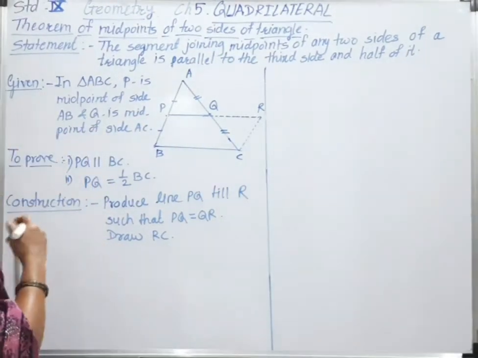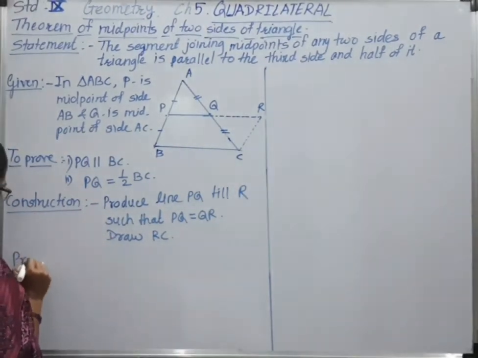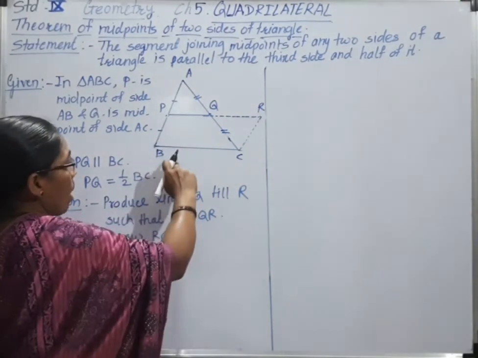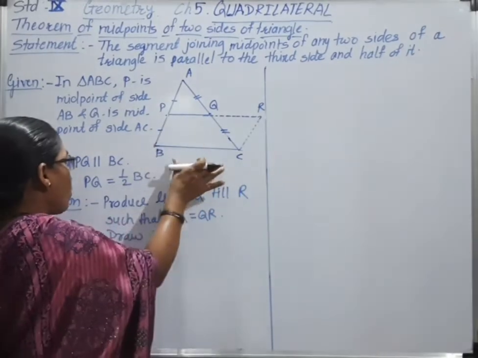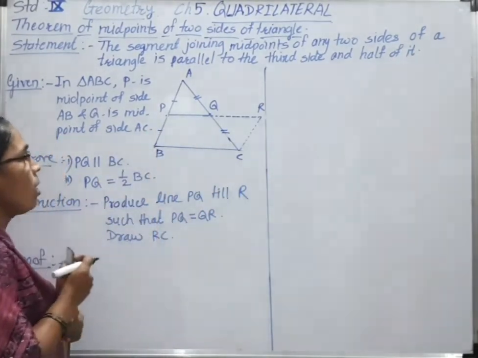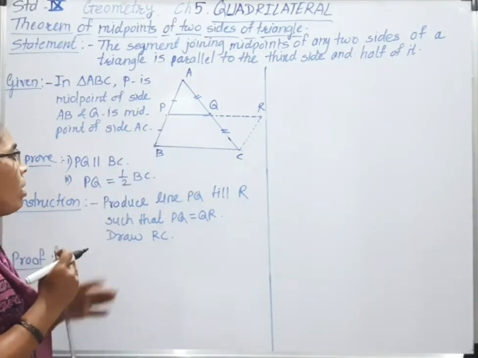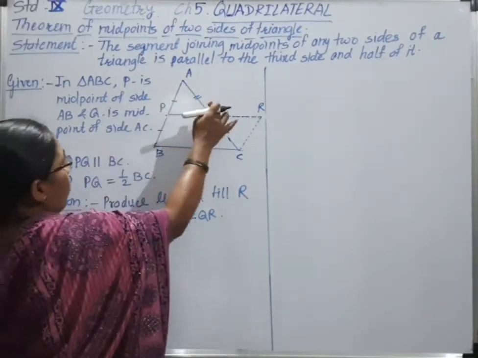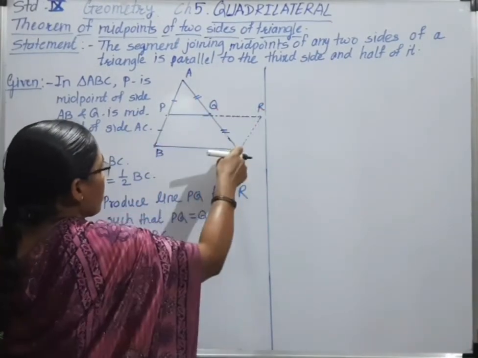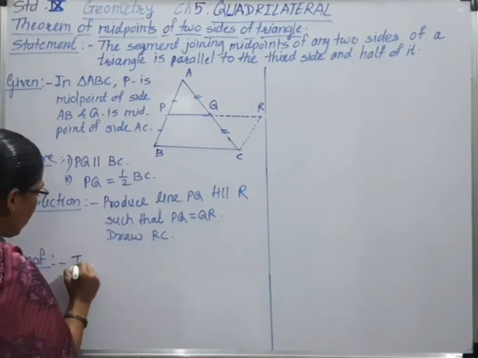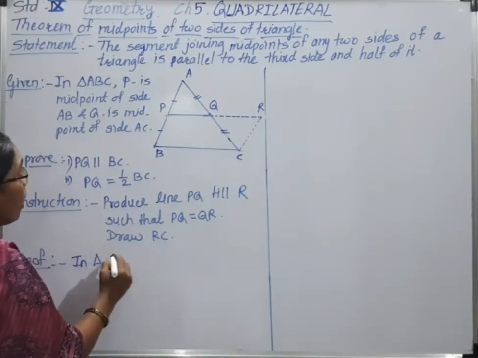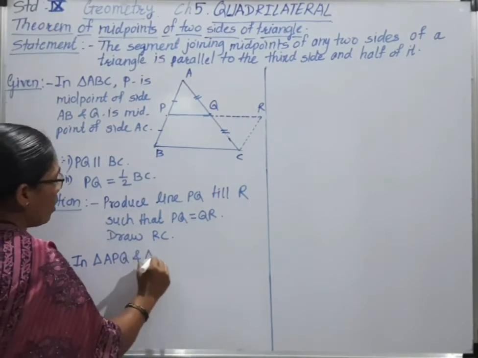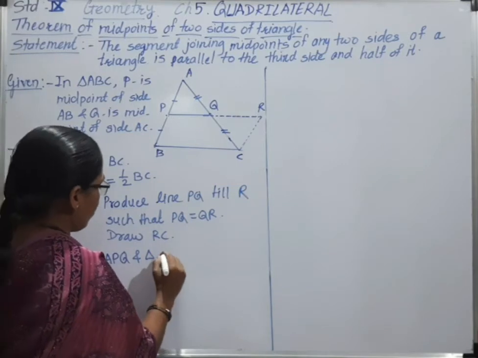Now we have to write the proof for this. We have to prove that this segment PQ is half of BC and PQ is also parallel to line segment BC, which is the third side of the triangle. Now here we got two triangles, APQ and CRQ. So we can write here, in triangle APQ and triangle CRQ,